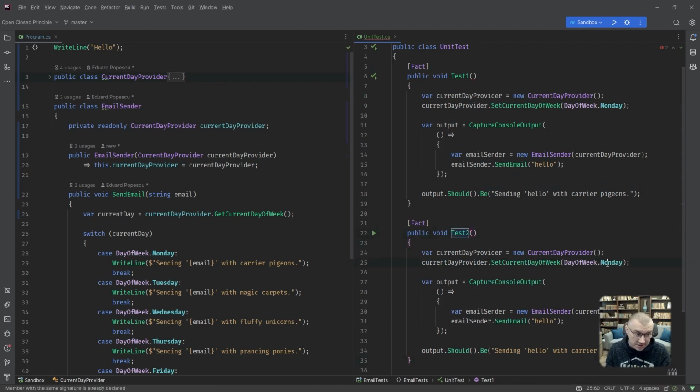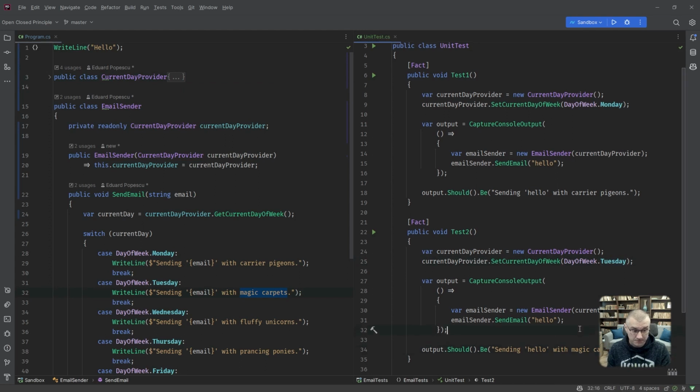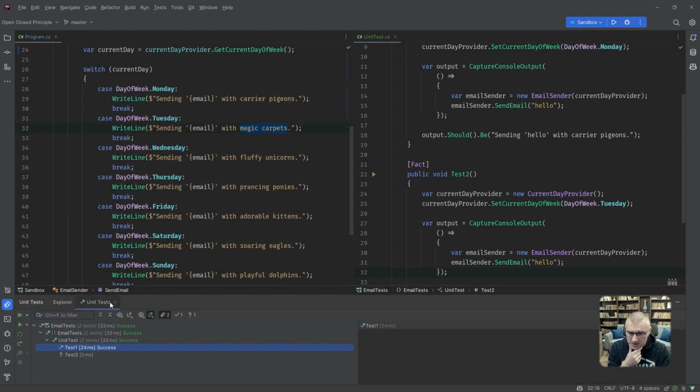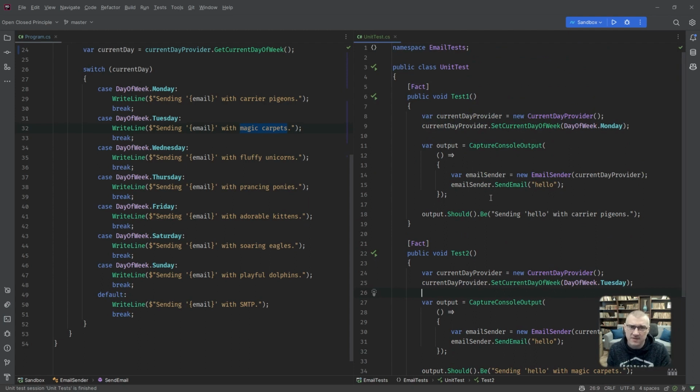All I need to do is change here Tuesday and say here magic carpets. And unit tests, run everything. Yeah, it works fine, but man, it's a lot of code for nothing.